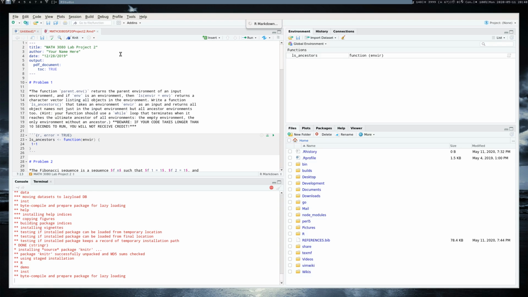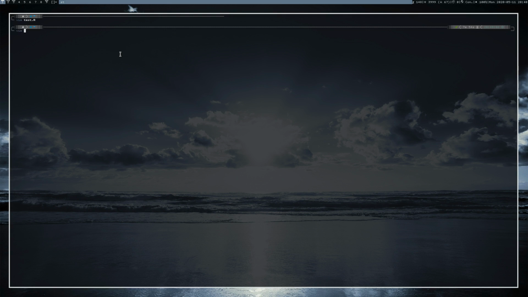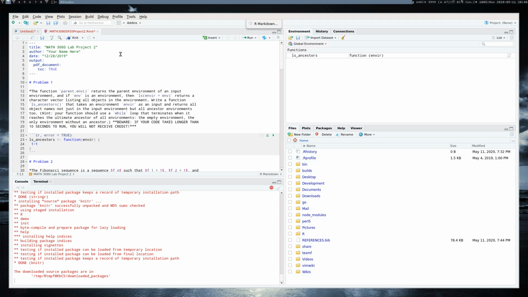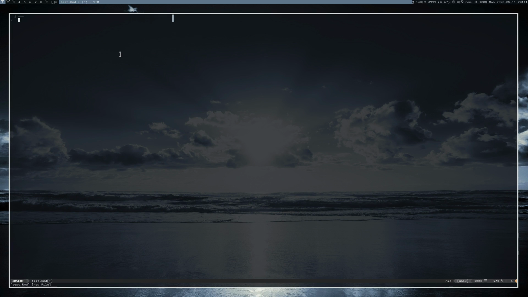Okay, so in an R Markdown document, now in RStudio, a lot of what I'm putting in there right now would have already been there, but I'm just going to type it in right now. So I'm just going to create an R Markdown document from scratch. So at the very top of an R Markdown document, at the very top,